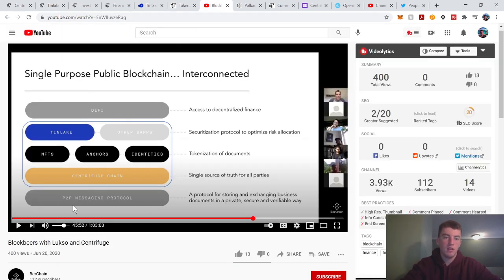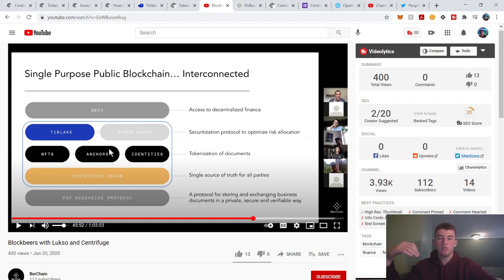basically the peer-to-peer messaging protocol is verified by the Centrifuge chain, right? And what the peer-to-peer messaging protocol allows you to do, and I think this might be one of the biggest hurdles for Centrifuge to jump, is to get companies to use their messaging protocol in the Centrifuge chain, because companies need to use it to interact with their invoices for this to be successful. And then anchors are the thing that mediates